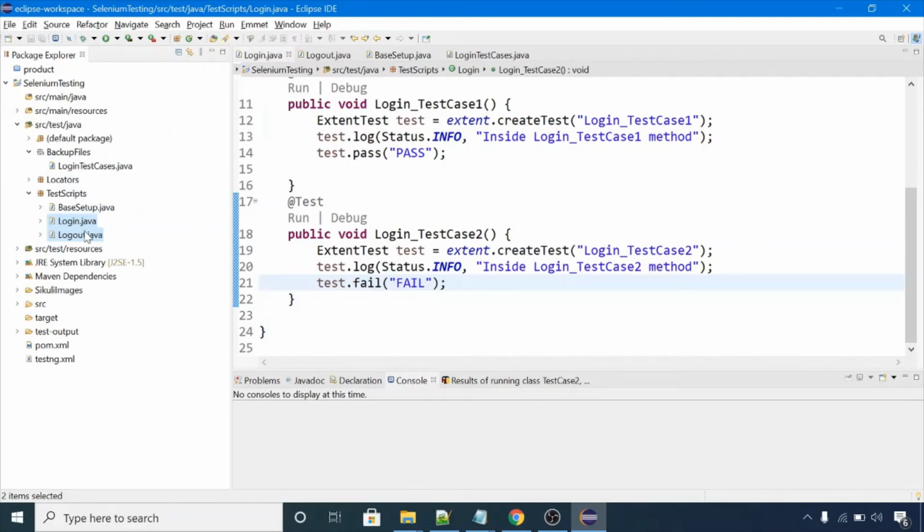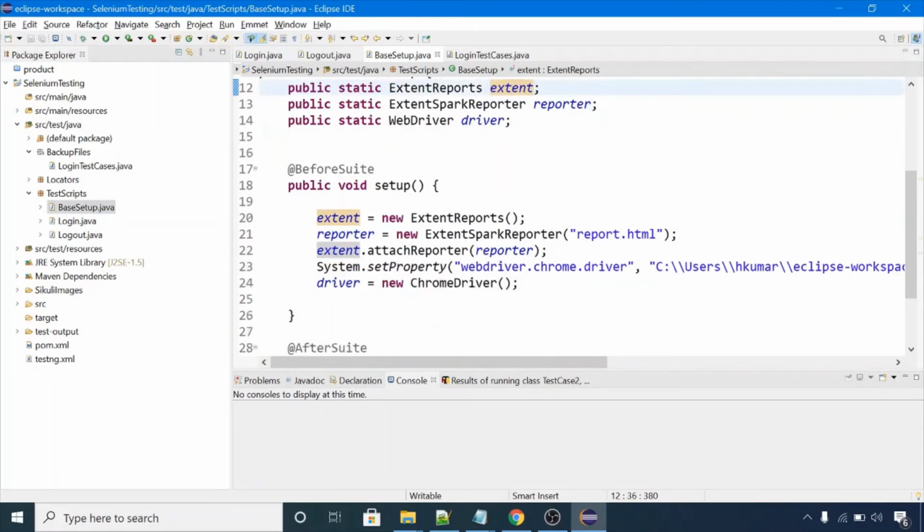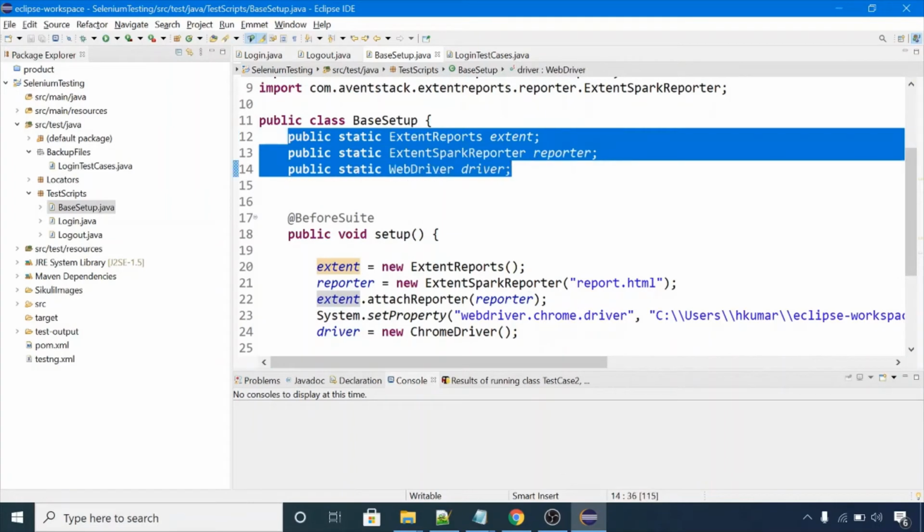Now the thing is, you can create one setup class in your project or solution, and you can create these static objects in your setup class, like static ExtentReports and static ExtentSparkReporter.